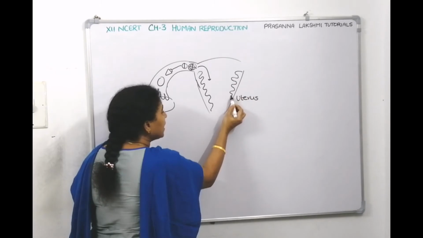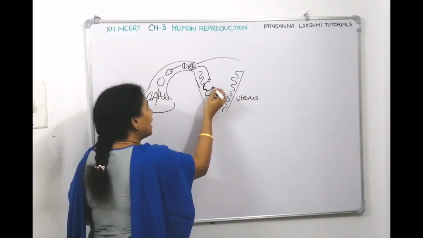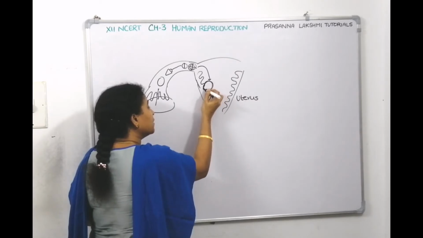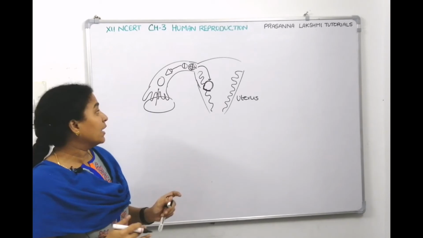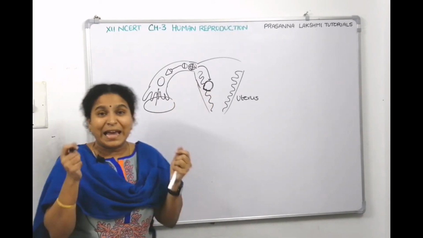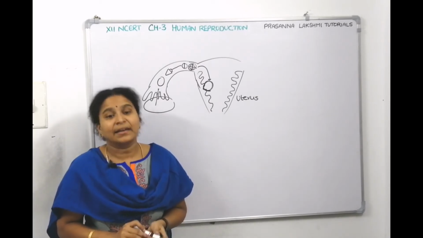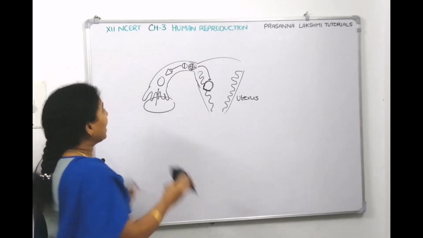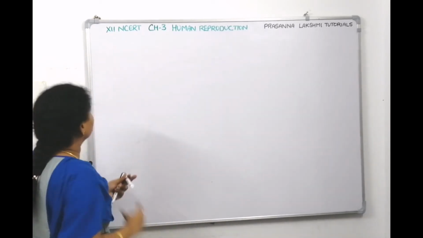Now inside this endometrial layer, it nicely comes and implants, nicely comes and sits, like when we sit in a sofa, we just go inside, we are embedded inside the sofa like that. What is this called? Blastocyst. The blastocyst gets embedded inside the uterine wall. What is that process called? Implantation. Now let us write down, the 5th phase is called implantation.